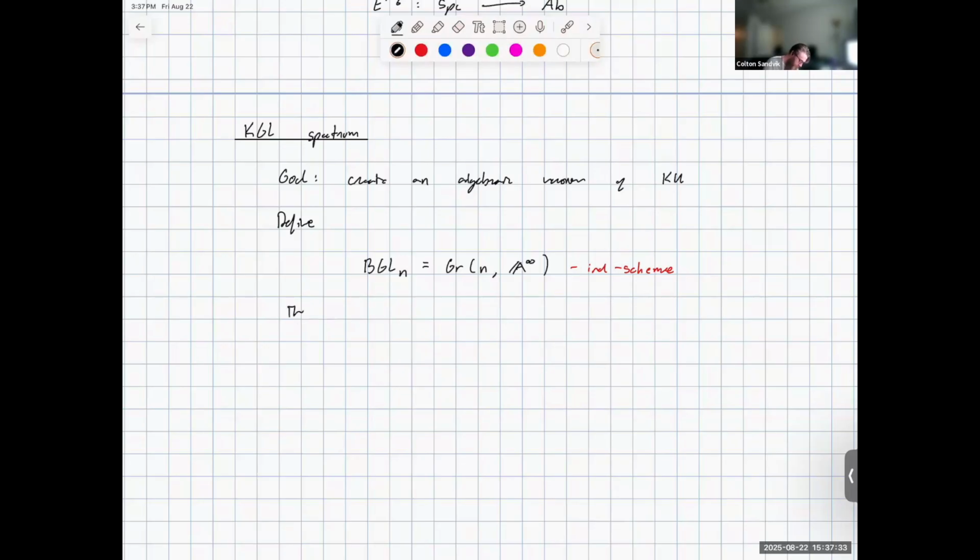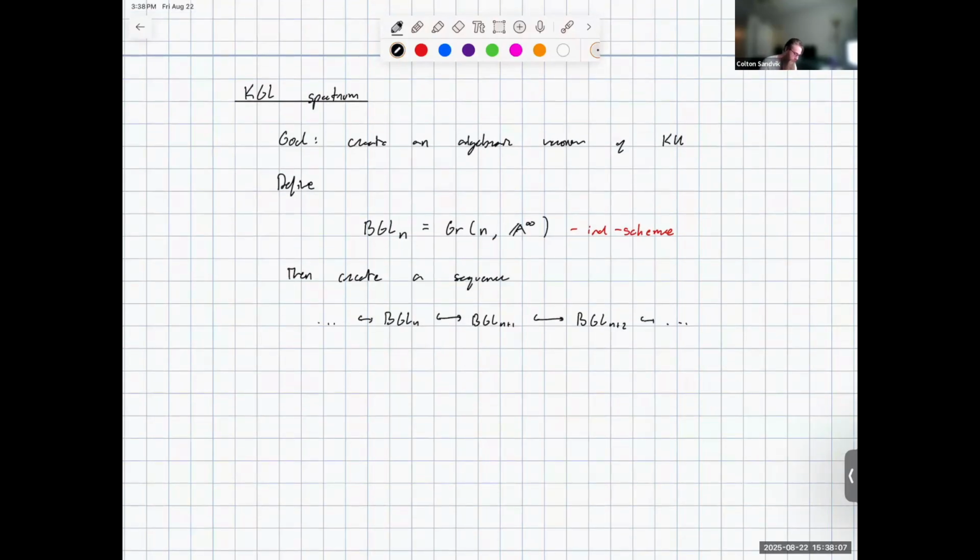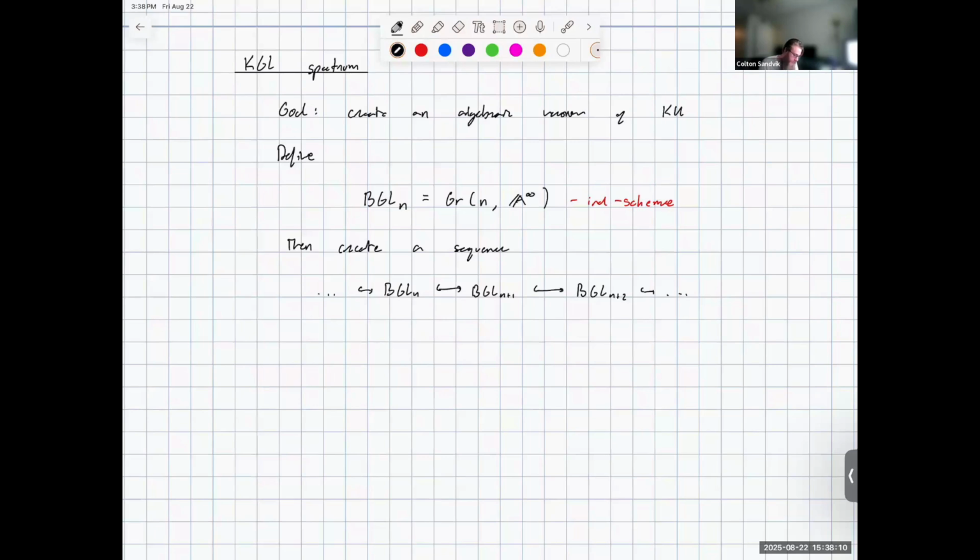And then we can create a sequence in motivic spaces that's going to look like BGL_n, BGL_{n+1}, BGL_{n+2}, and so on. There are these canonical embeddings, just like in the normal Grassmannian case, and they just come from freely extending these n-dimensional planes to n plus one-dimensional planes, and we can then take the colimit